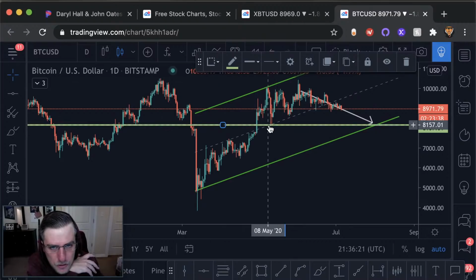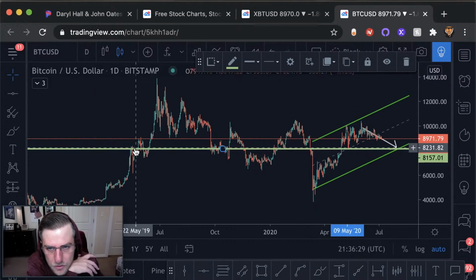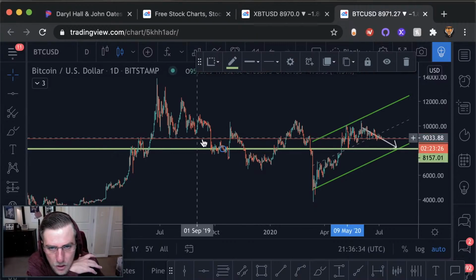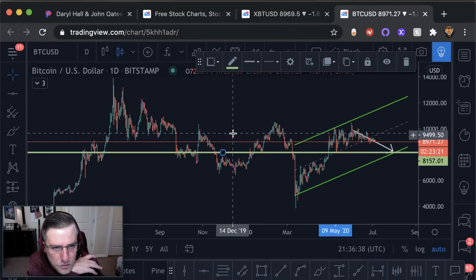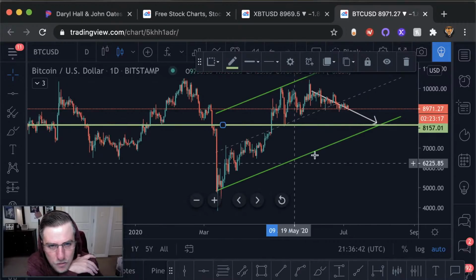And what we'll see is that was an important area before. Resistance here, support here, and resistance here before a big breakthrough, and kind of support here before that move there. So clearly this does seem to be an important price based on where I would have this trend line, and